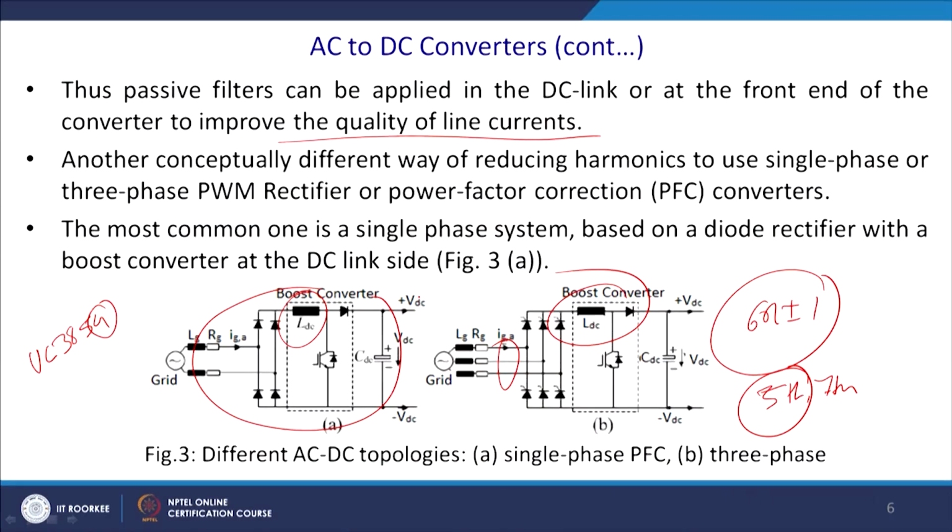We can have an interleaved boost converter. That is also possible, so that it enhances the power quality in terms of the conduction, because you have multiple switches shifted by some amount. So, ultimately the current here does not become discontinuous, and thus you get a better quality ripple and correction becomes easier.